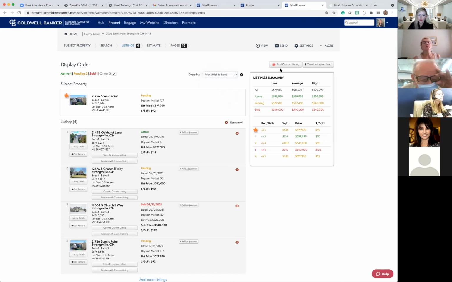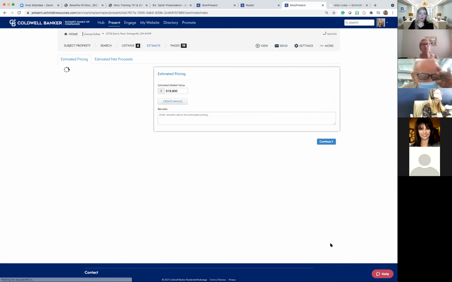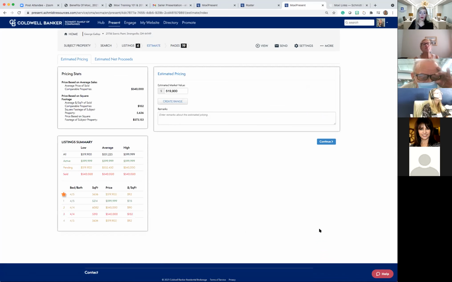You can also add extra listings at this point. That's pretty much it for this particular page. Now the next page is just the pricing. So remember I said you can write in here. Literally you are going to actually type your price right here, and then you're going to be able to say,